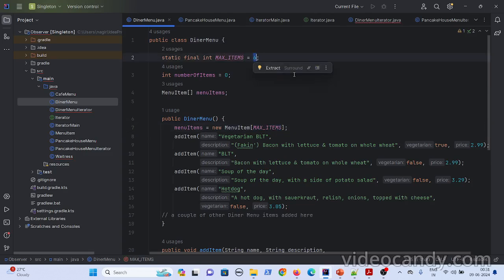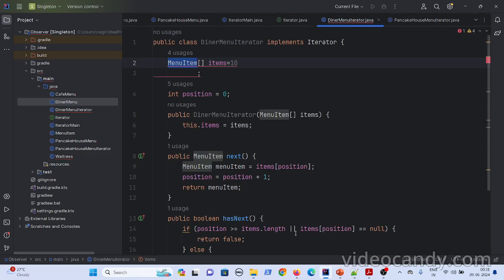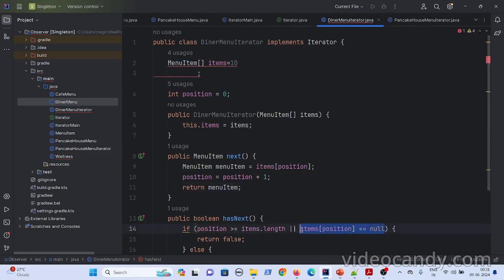So it could be a case where you can add only 5 items or 4 items, and the remaining 2 items are still allocated to this menu, and those are not used. But this list is dynamic. Whenever you add a menu item, only then memory gets allocated. So you need not check the condition items of position equal to null here, because it gets arranged dynamically, not like this, where in the first phase itself you arrange some memory.